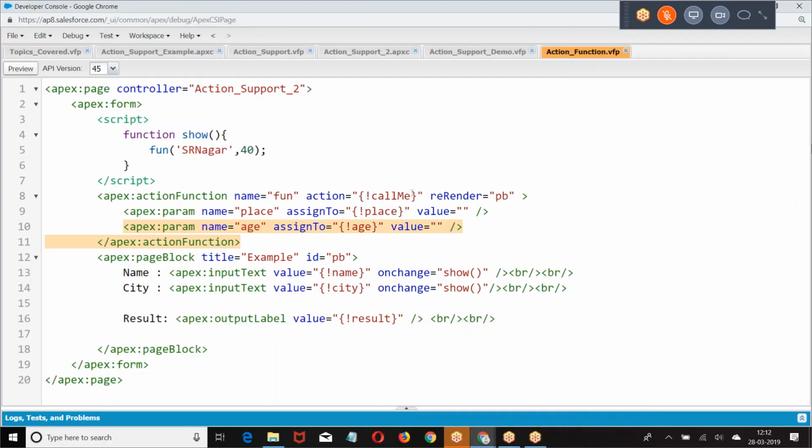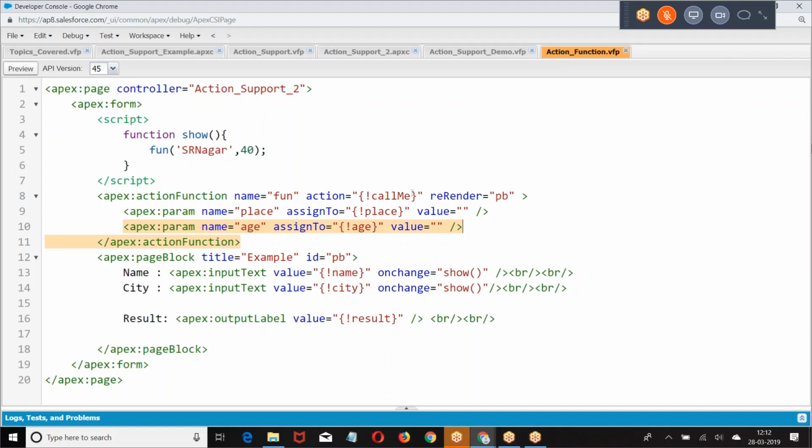In the action function, before we call the method, we can also set the value of a few variables. In the action support, we call the method directly. In the action function, we can also set the value of a few variables before we invoke the action. Was that clear? Did you get my point here?